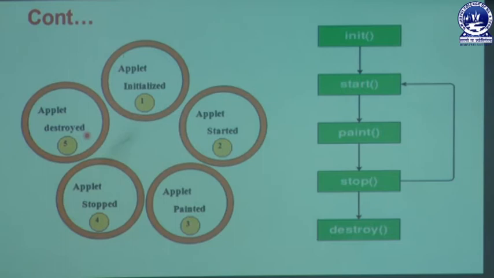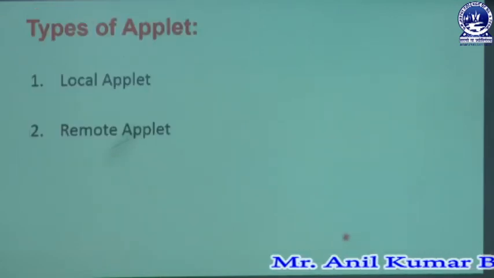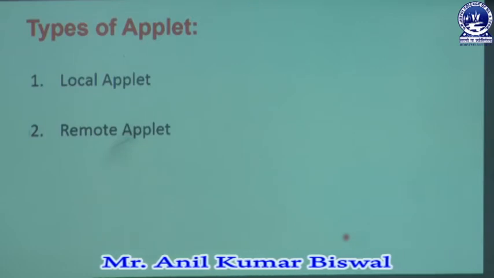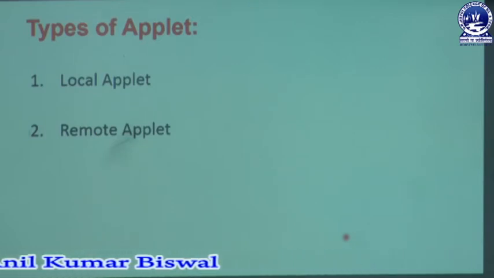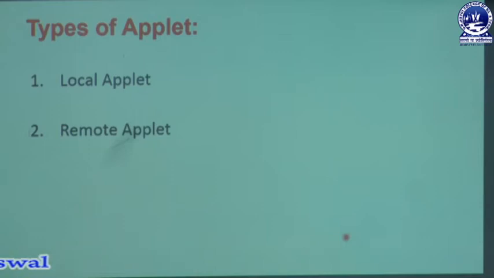If you want to forcefully end that applet code, you externally write that destroy method in the program. That means through the method named destroy, there is no big problem in our program execution. Okay. Next we can learn what the different types of applet are in Java. Generally applets are divided into two types, known as local applet and remote applet. First of all, we can discuss the concept of local applet.